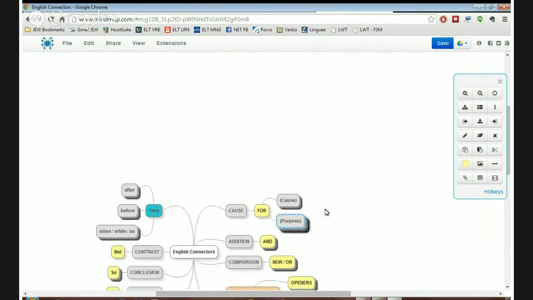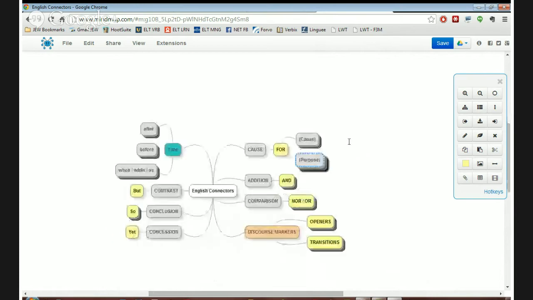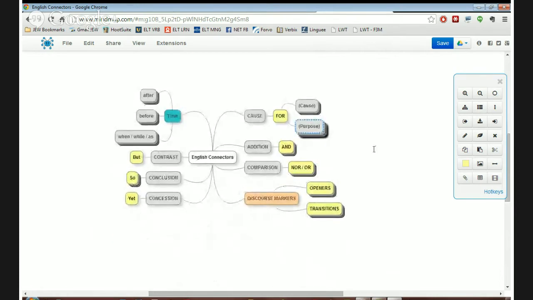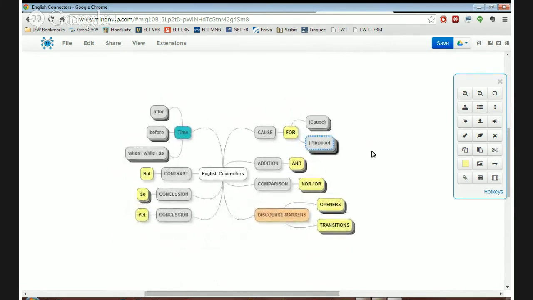So the way this works is that you go to the map, and when you're preparing what you want to say, you just click open and close the connector that you want, and it'll give you a few choices. You can also use it to revise some writing you've done. You can use it to prepare, to correct, to revise. So it's just a reference tool. Okay? That's basically it. I'll just note two things.